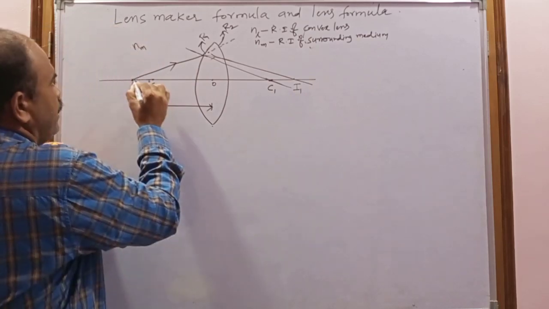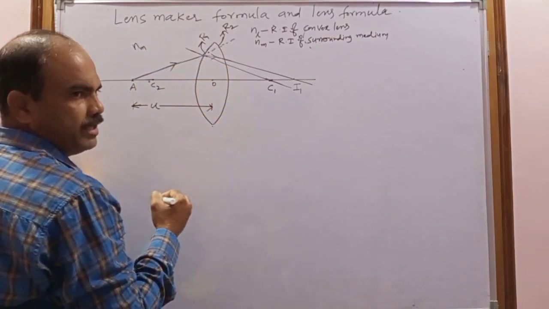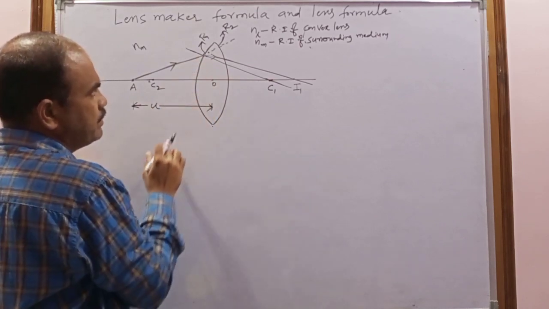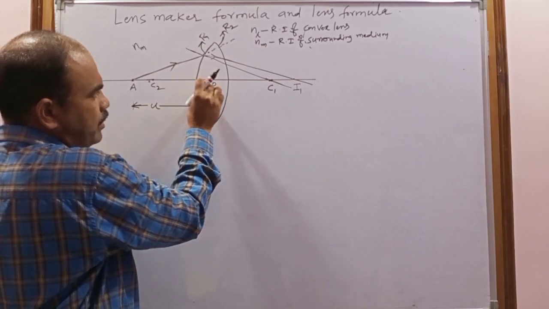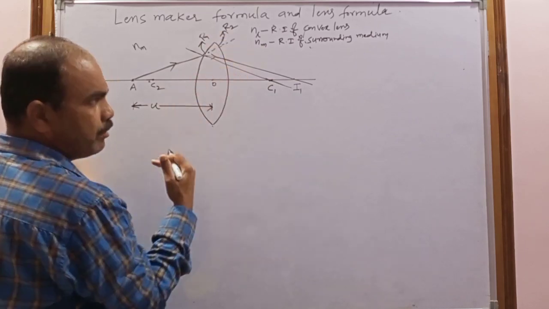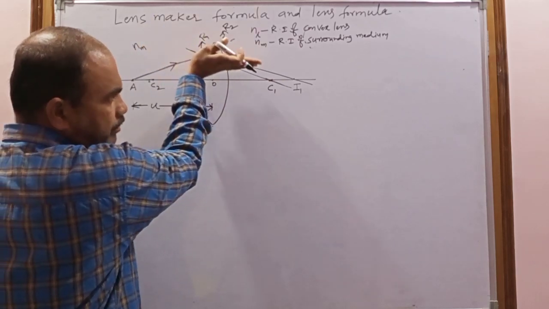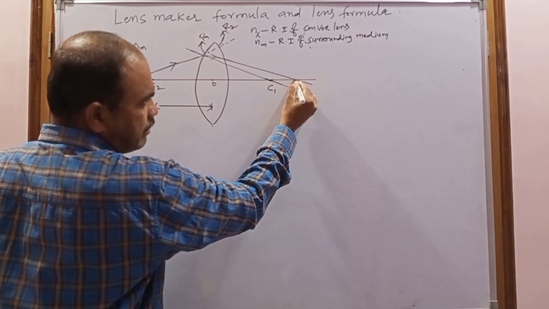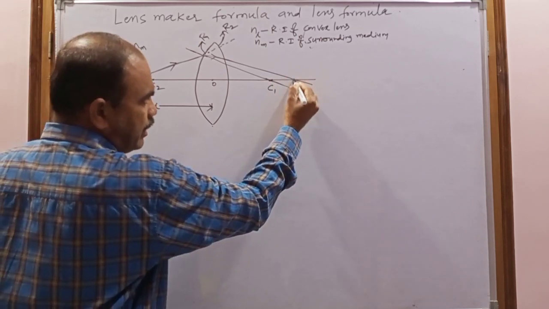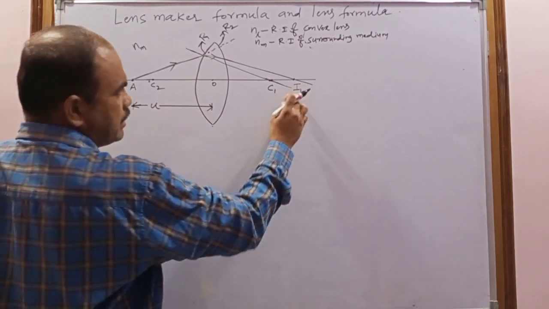So what is happening here? One incident ray is coming from the object and is incident on the first curved surface. At the first curved surface, it undergoes refraction. It is traveling from rarer to denser, due to that it bends towards the normal. If you imagine there is no second surface, it will continue along the same path after refraction and reach the principal axis somewhere. Here an image is formed. That image will be considered I1.